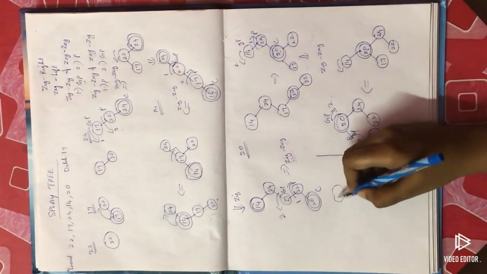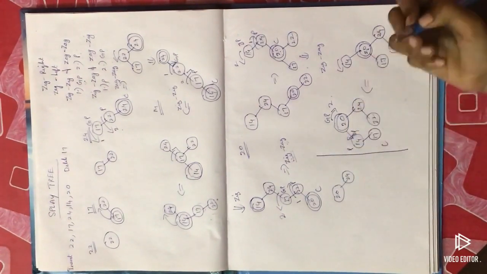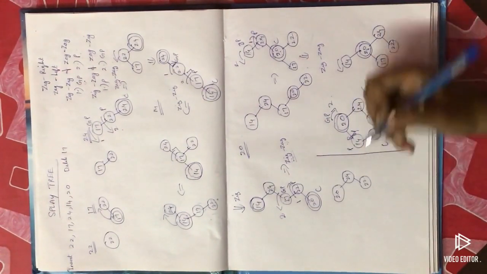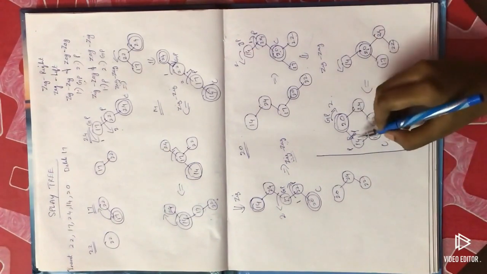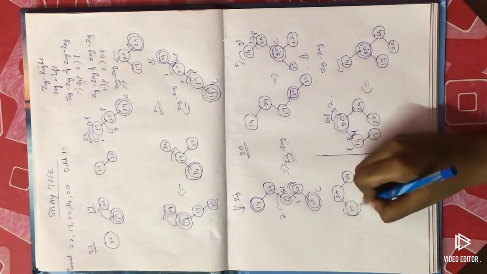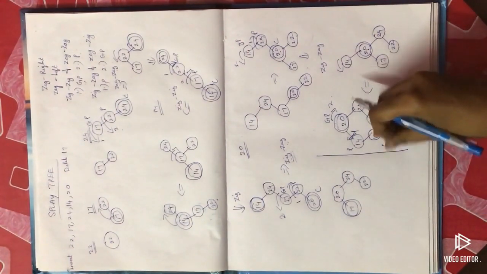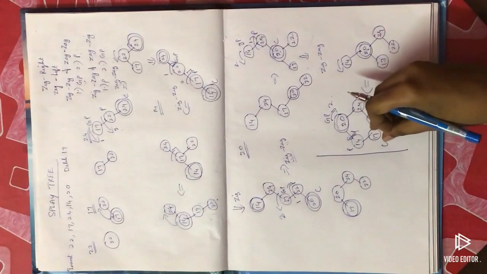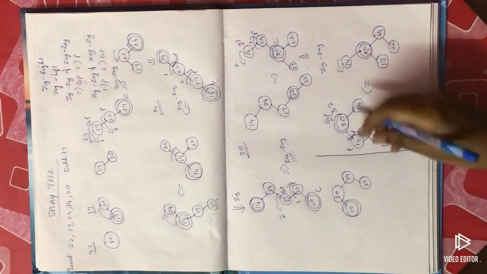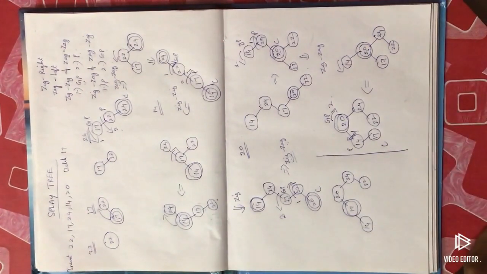So here 20 will be at this position. At the right side no changes will be there. So first I am writing that. Now I will pull this element, so 17 will be here. I am going to delete this element, so I am splaying this element to the root. I am marking this element with a double rotation. So if I pull this, 14 will be here.